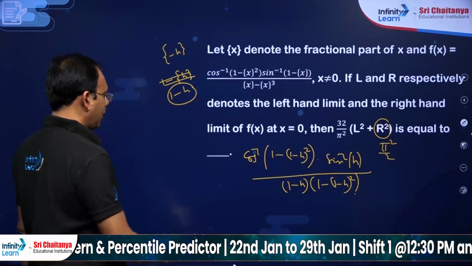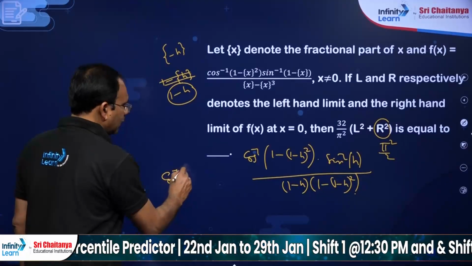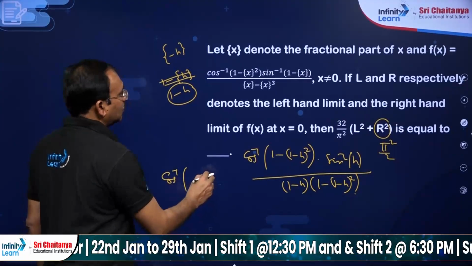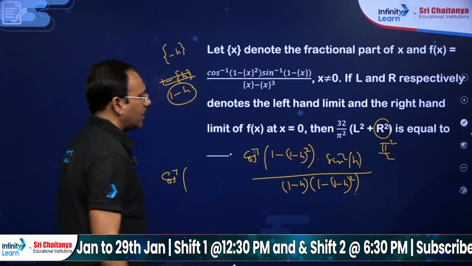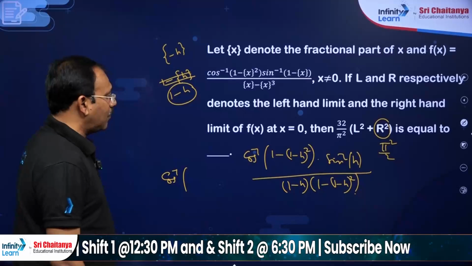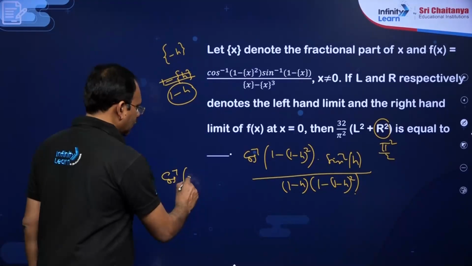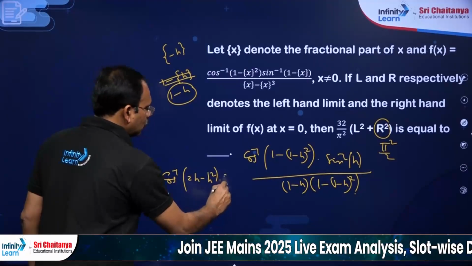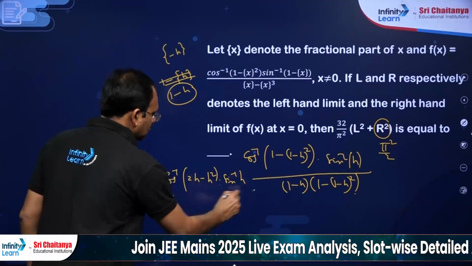So, you will get cos inverse of, 1 gets cancelled, minus 2h, you see already its square is there. So, 1 minus h whole square. So, 1 minus 2h will become 2h plus h square will become minus h square into sin inverse h by,